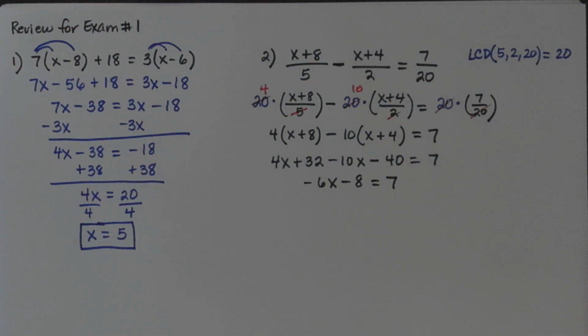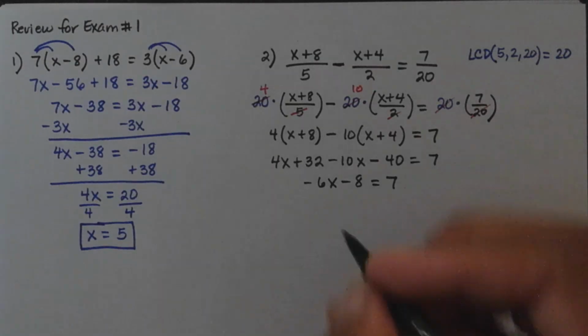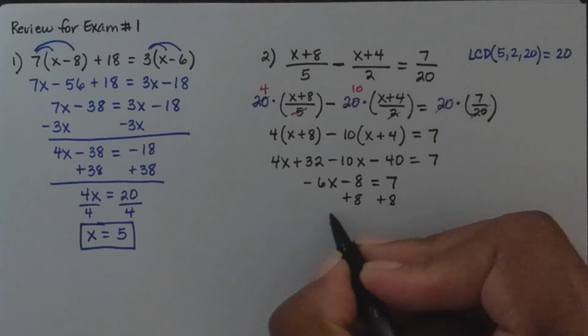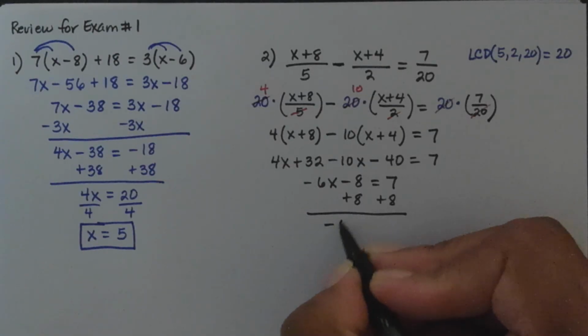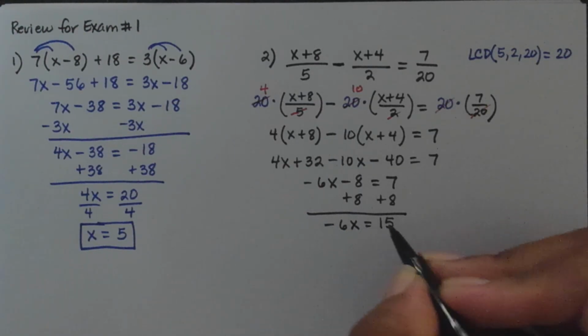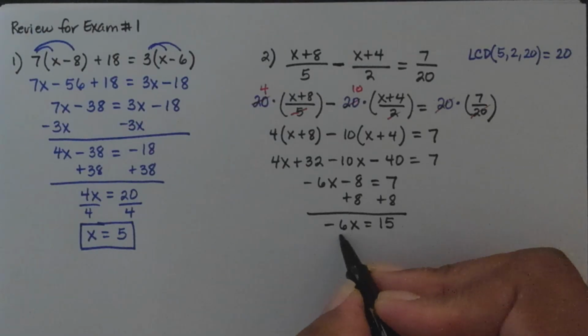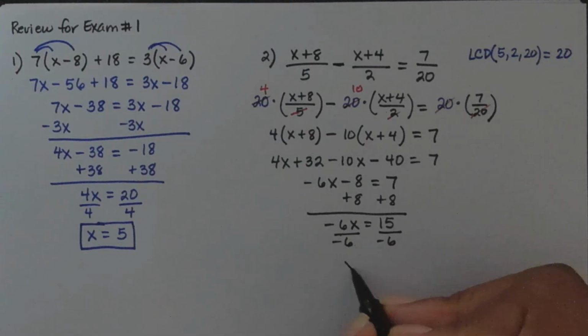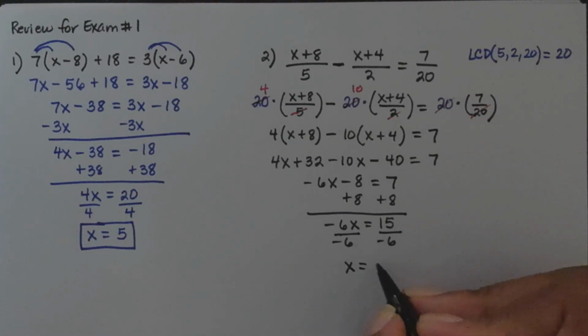And to get negative 6x by itself, I need to add 8 to both sides. So that means negative 6x is equal to 15. And then to get x by itself, I need to divide by negative 6. So that means x will be equal to,